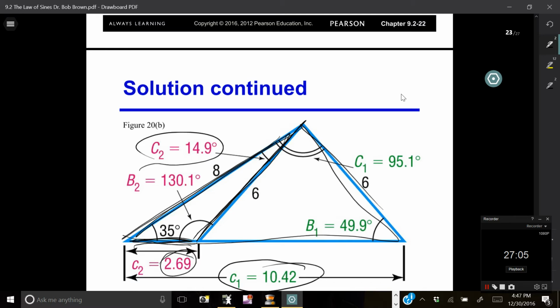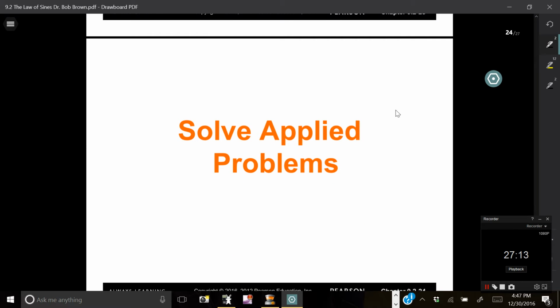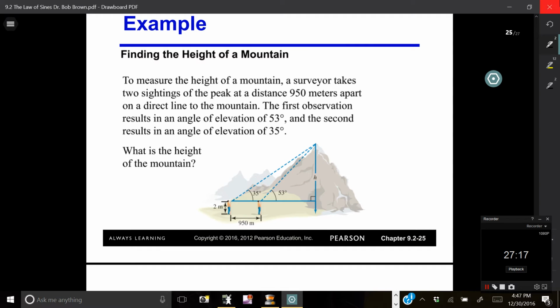And that shows you the case in which you can have two triangle solutions. Now let's look at solving applied problems. Let's say we wanted to find the height of a mountain. And we have our surveyor who is 2 meters tall. It's over six foot tall. And he looks at the peak of a mountain,